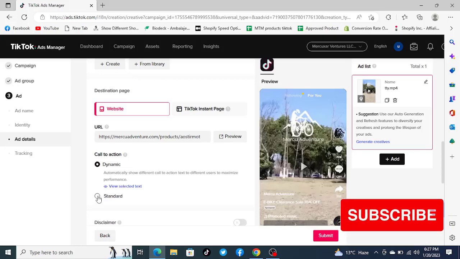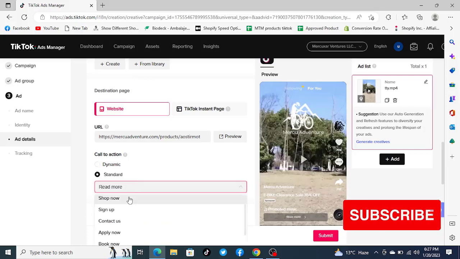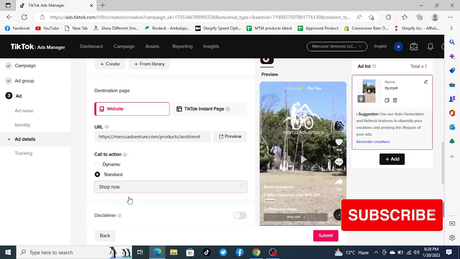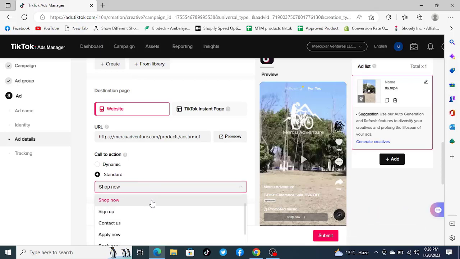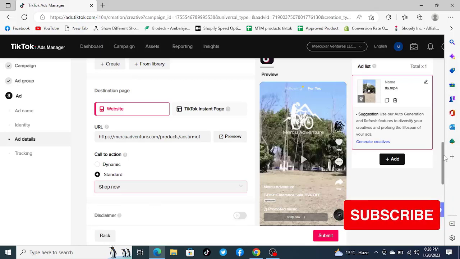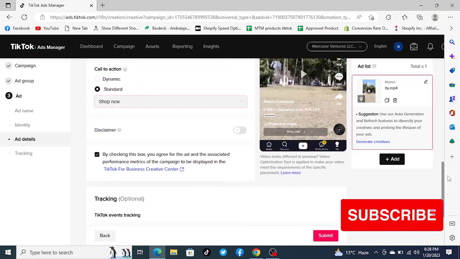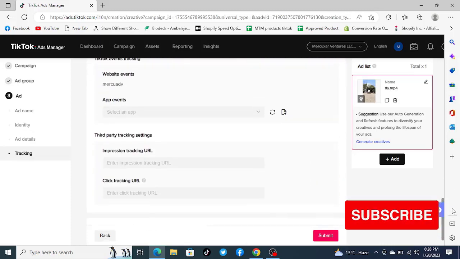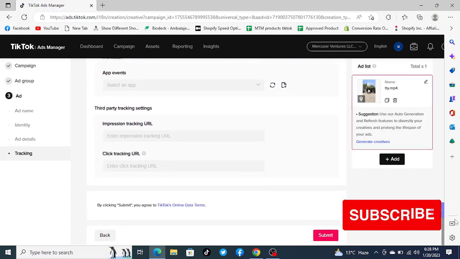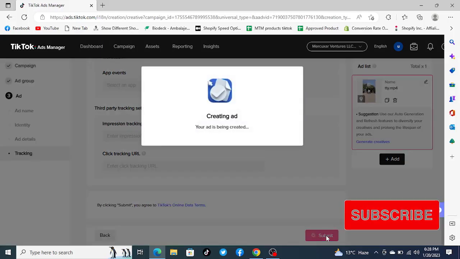and now we'll be giving it this A/B testing campaign. Instead of this, we'll be giving shop now, or you can also select. We'll be going with shop now here, and in here we'll be checking this out. This is website events with pixel, and then now we are submitting this campaign. So this is the best solution to get it with the A/B testing conversion campaign and get the best results